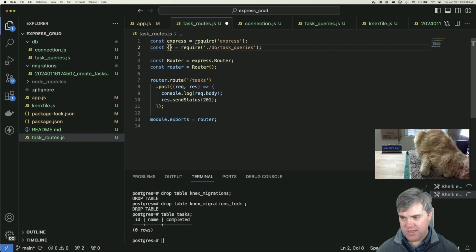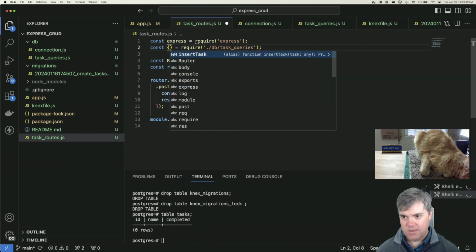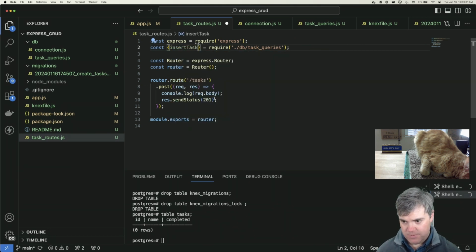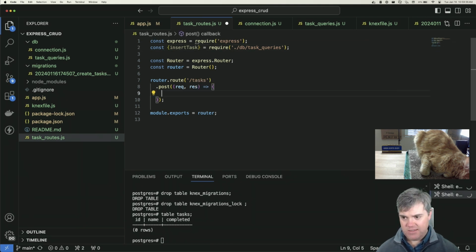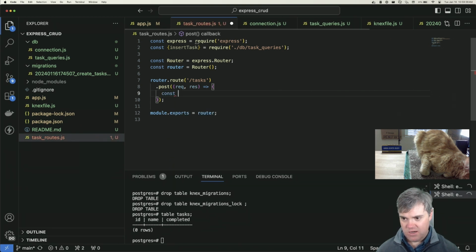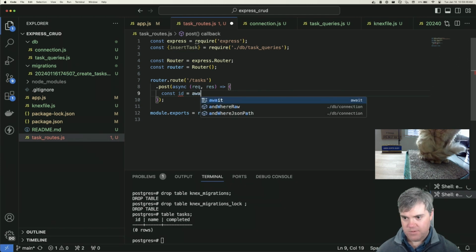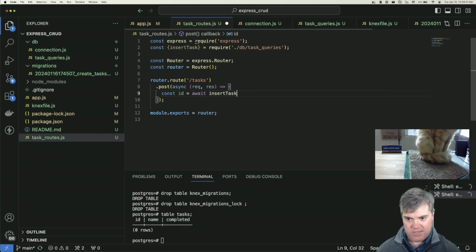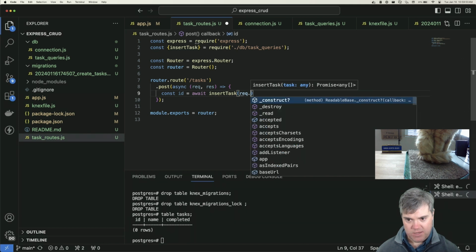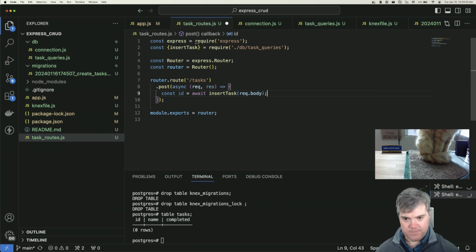And specifically, I want to get the insert task out of here. We have this rec.body, so I just want to pass in the rec.body. So we're going to do const r. Oh, and this needs to now be an async, so we can get our ID, insert task, rec.body. Now, if you fail for some reason,